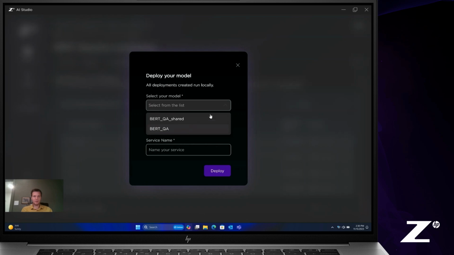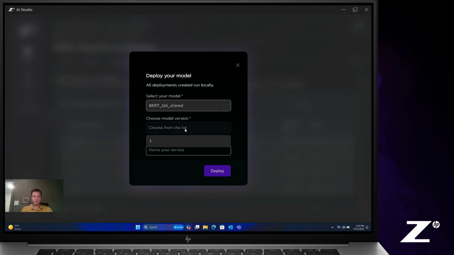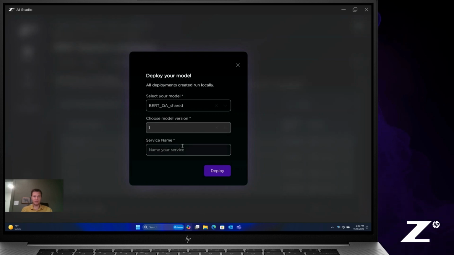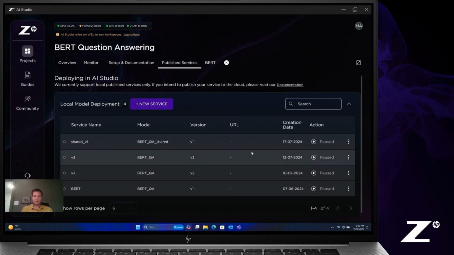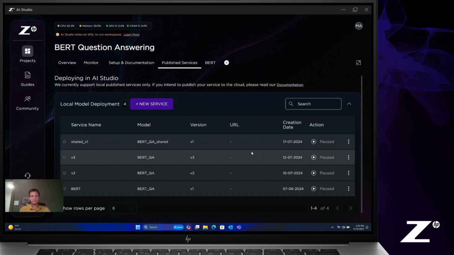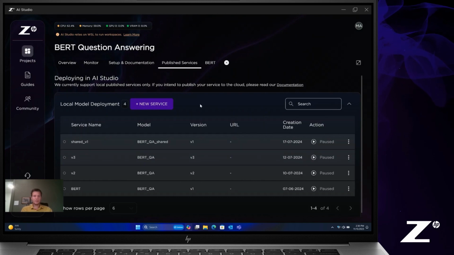You select which model you'd like. So we'll just go ahead and hit that shared one. If you've got different versions of that model run, you'd select your version here. We've just got one. And then you can go ahead and give it a name. I won't go ahead and deploy it because I've already got lots of deployed projects here. But once you're ready to deploy for local inferencing, you simply hit the play button here, and it'll deploy your model for local inferencing. All right, well, that's how you navigate